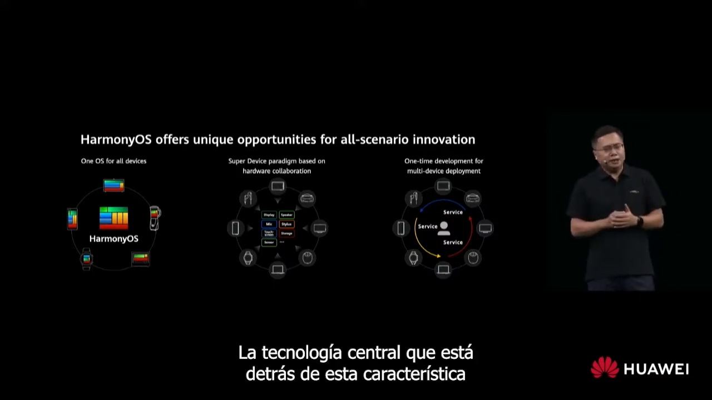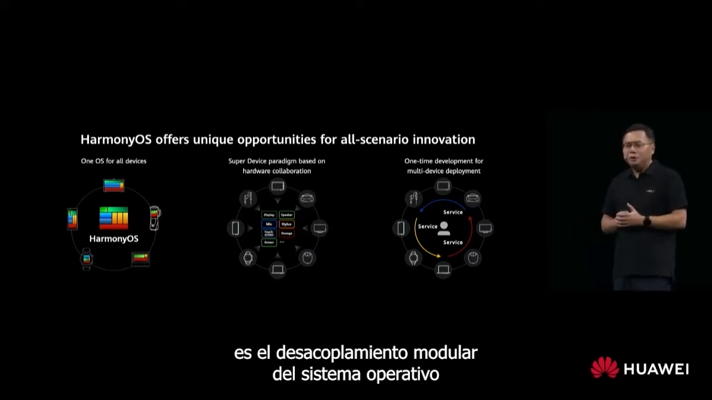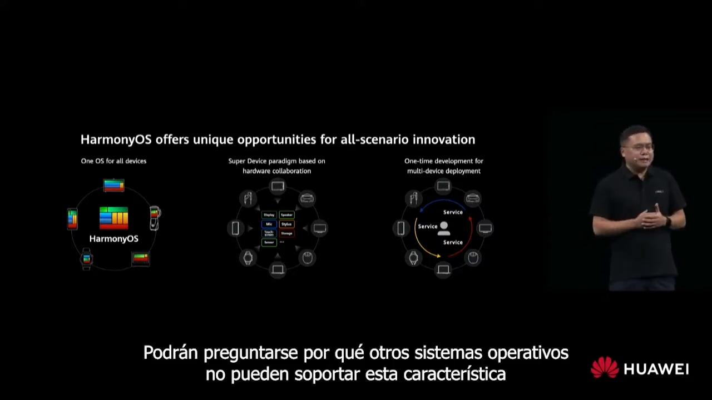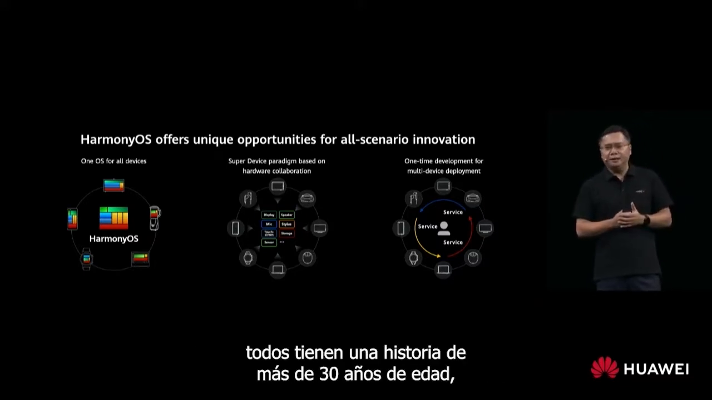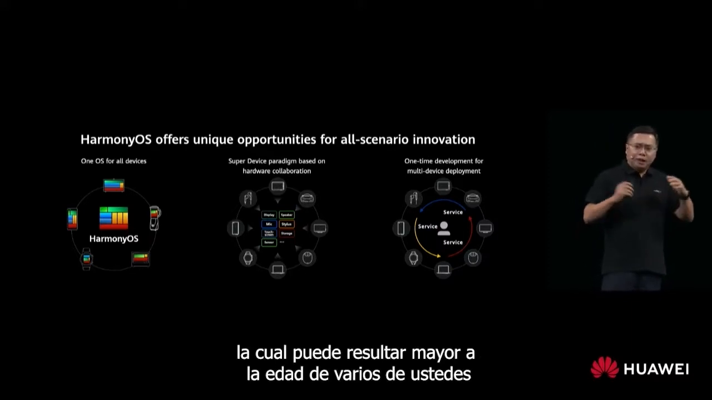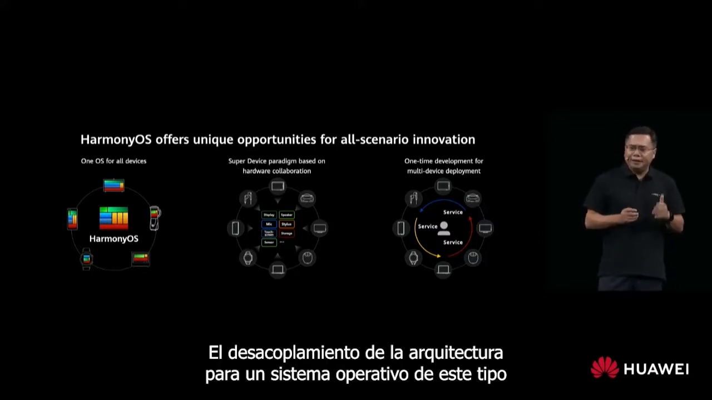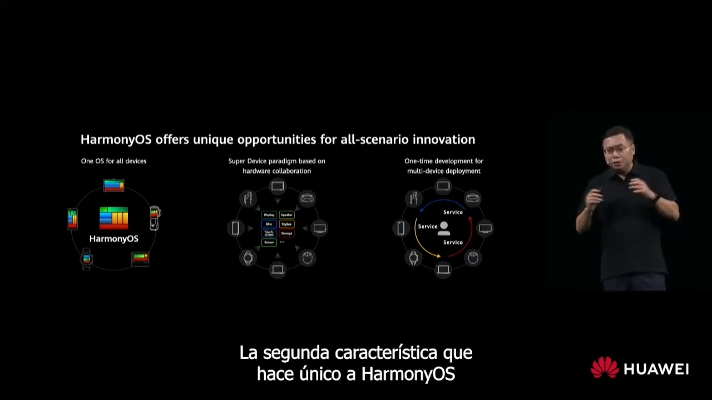The core technology behind such a feature is the modularized decoupling of the operating system. You may ask why other operating systems cannot support this feature. Be it Windows or Linux, they all have a history of more than 30 years, maybe older than many of you. The architecture decoupling for such an operating system would be even more complicated than building a new operating system from scratch. The second unique feature of Harmony OS